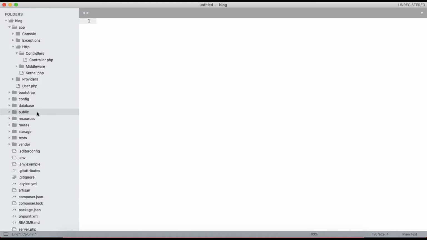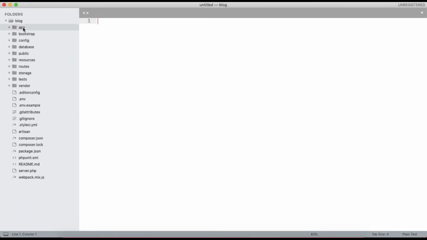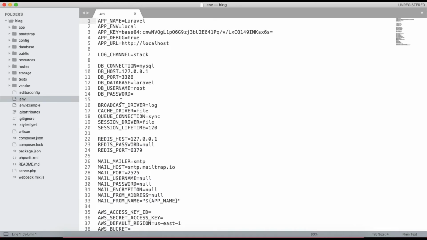So go to the .env file. You can see in your project directory, at the root, there's a .env file. You need to change the .env file. Here you can see the database credentials, so you need to type the database name, Lara blog, here. In my case, you can change it to whatever you have added, and the username and password. Just save this one.